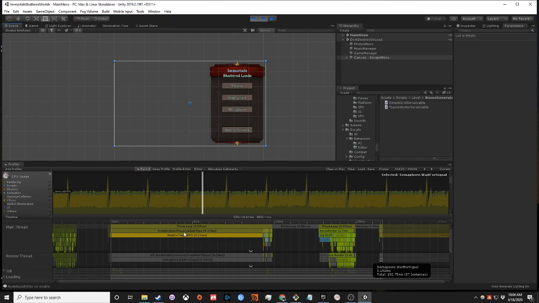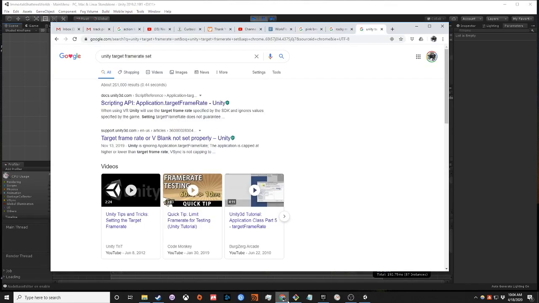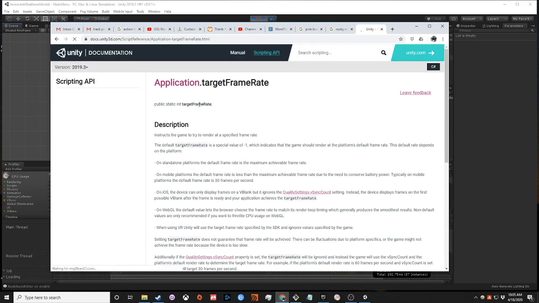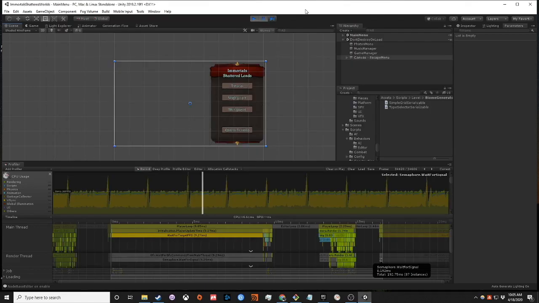But this would also tie to the target FPS as well, which is, let me show you here. So we have this target frame rate set. However, the code in this particular application is actually set to -1. At one point, I thought it was set differently, but it is only -1. Okay, so moving forward,